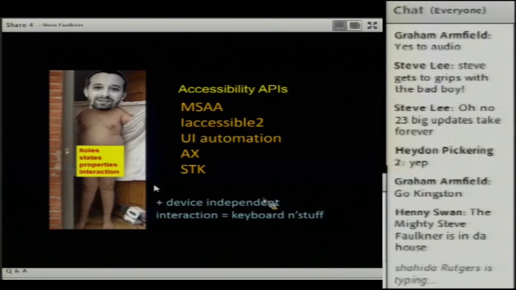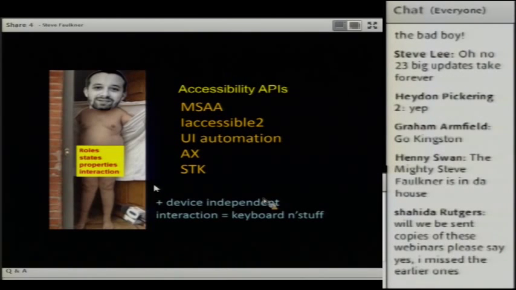Then there's IAccessible2, which is sort of like a backpack for MSAA. IAccessible2 is further development based on MSAA, and it adds extra roles and different accessibility properties.